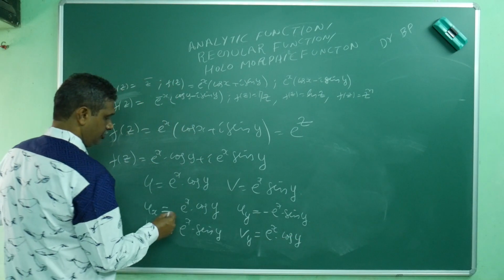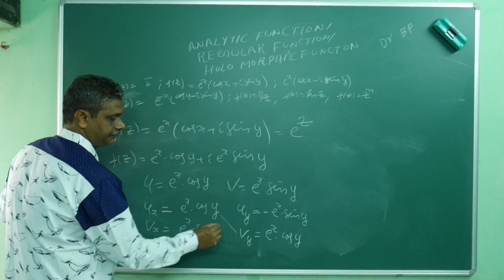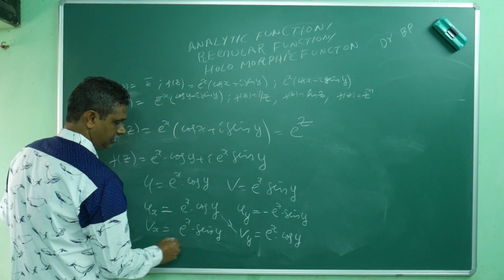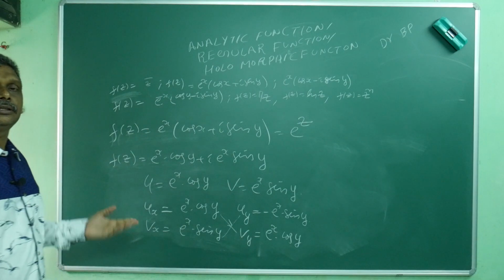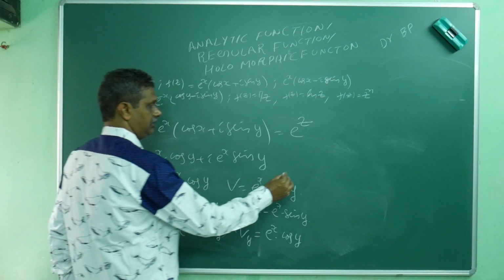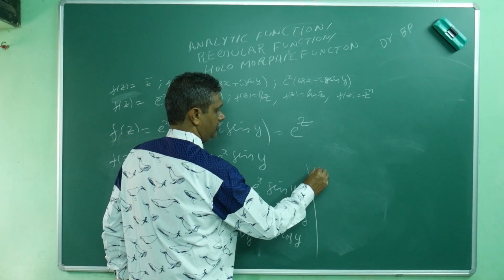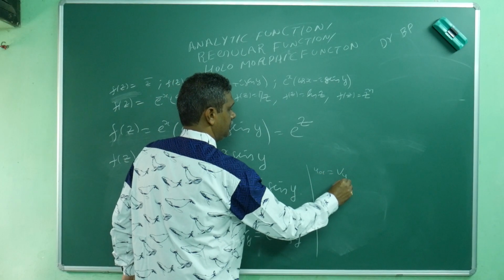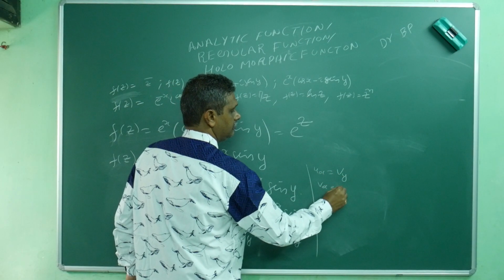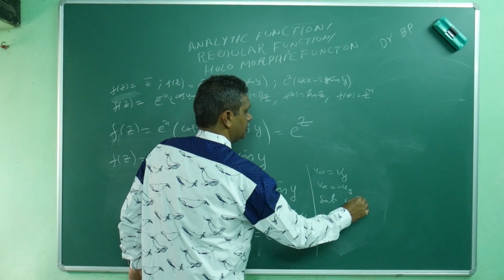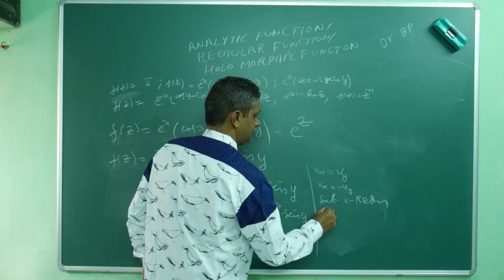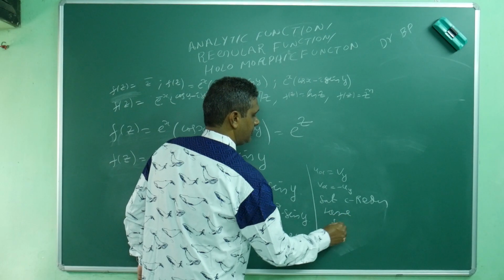Now we see ux is equal to vy, happy. Then vx is equal to minus uy, so it is satisfied. Now we can write ux is equal to vy, vx is equal to minus uy, so satisfying the CR equations. Hence the given f of z is